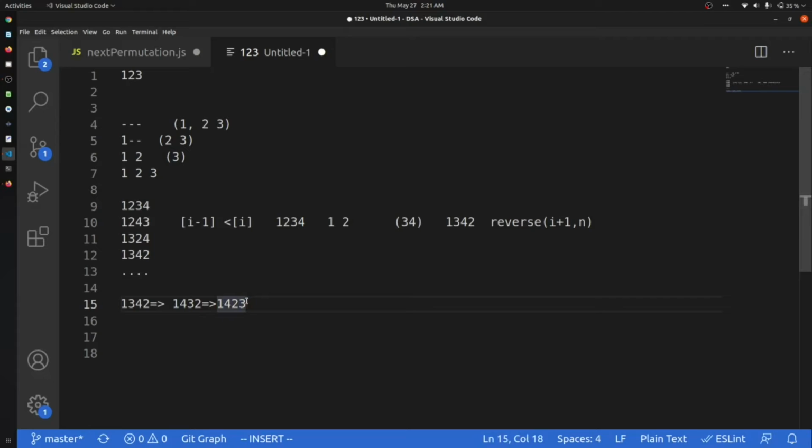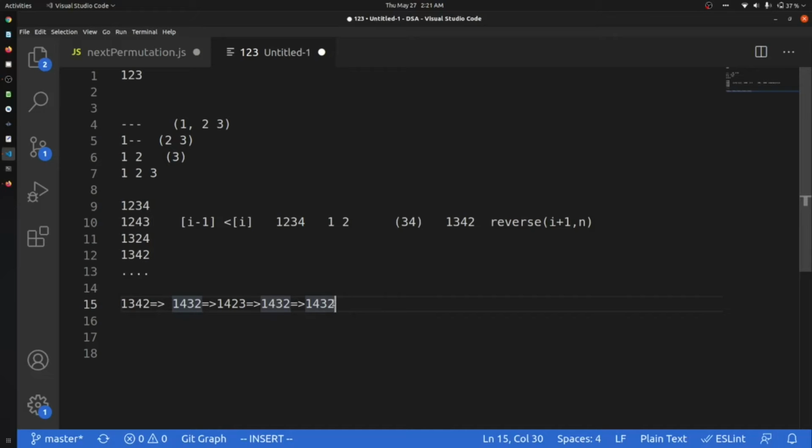So firstly we are at 3, sorry, we are at 2. Is 2 greater than 3? No, it is not. So what we will do, we will swap them. So 1 4 3 2. So we have swapped the 3 and we will have to reverse 2 and the elements beside that. We don't have any element beside 2, so the result will be 1 4 3 2. This is the way in which we can find it.